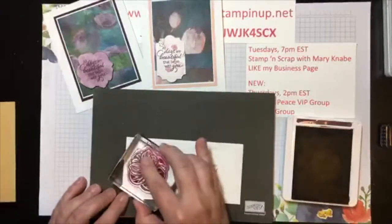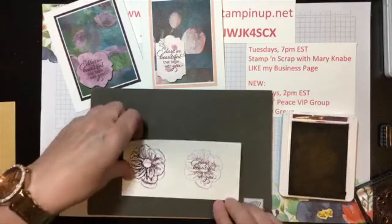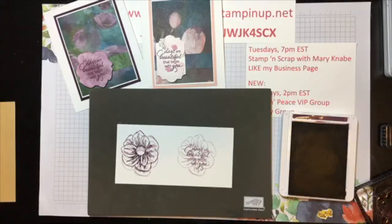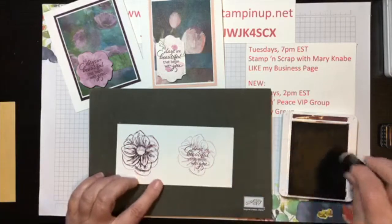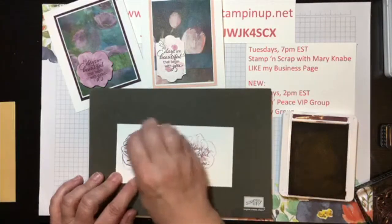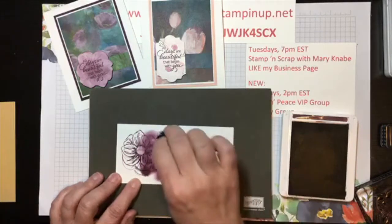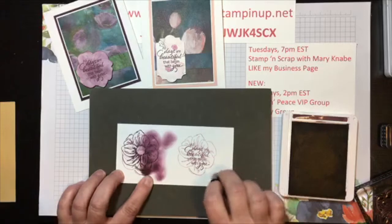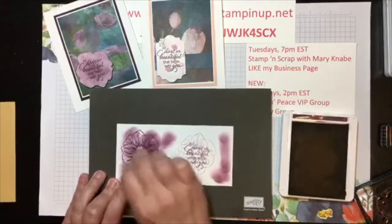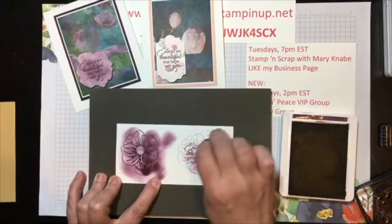1, 2, 3. Yes, that's better. This one was a little too hard to read, so this is better. Now if you want, you can very lightly add some color with a sponge dauber. I'm going to suggest though that you start off to the side. You don't want it dark because you'd be covering up the words. You don't want to make it difficult for your card recipient to read. So kind of just do that with your ink, and then when it's light, just very, very lightly